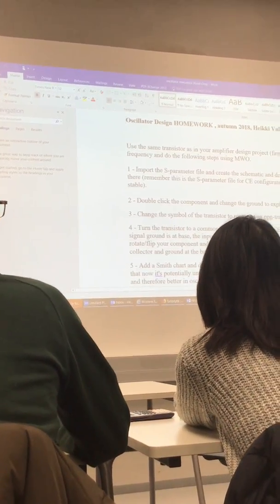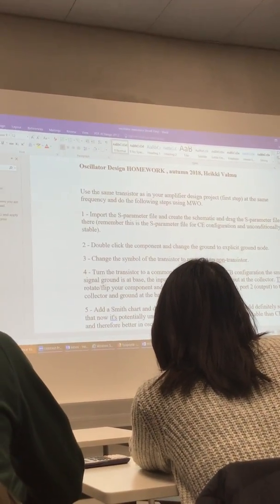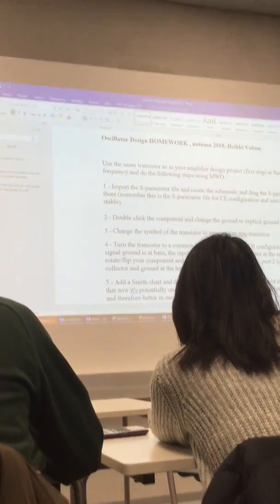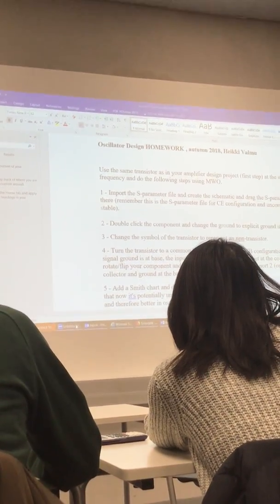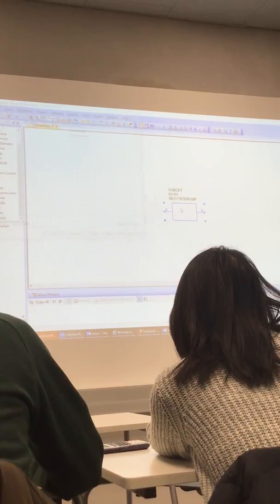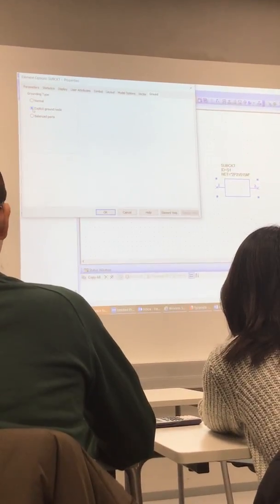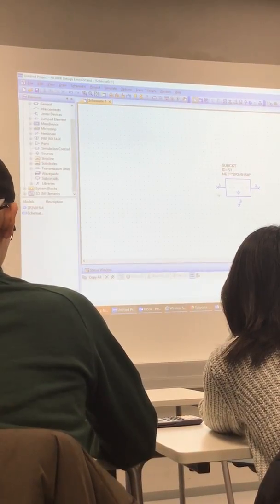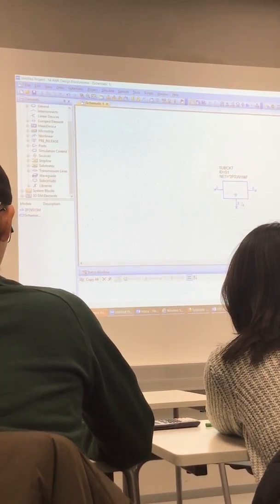Said that double click the component and change the ground to explicit ground node and change the symbol of the transistor to represent an NPN transistor. NPN transistor, explicit ground node. Double clicking ground, explicit ground node. Okay, done. Then port number 1 should be the base, port number 2 should be the collector, port number 3